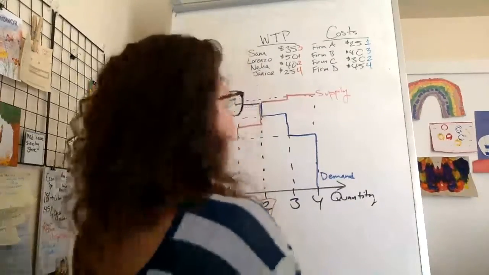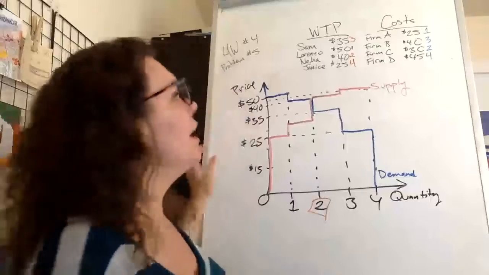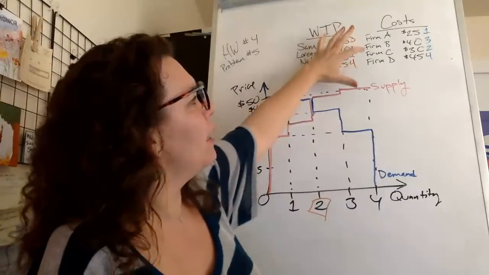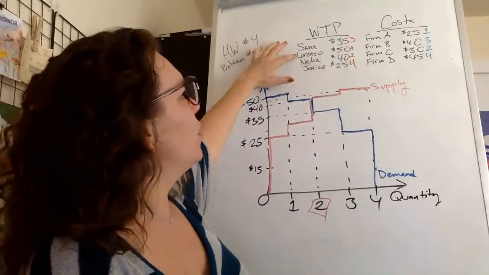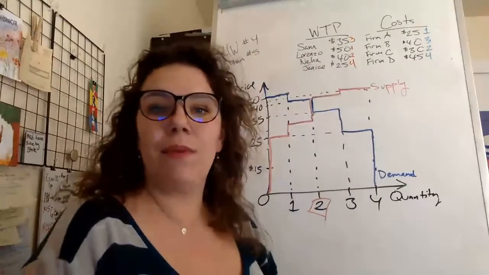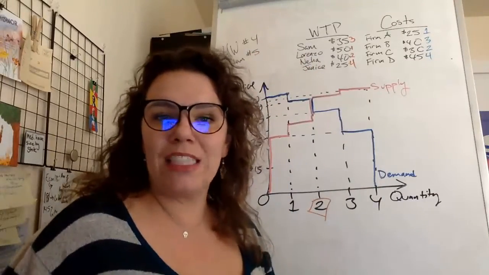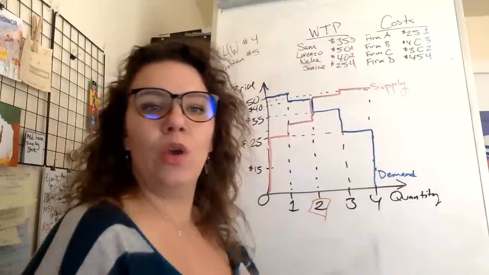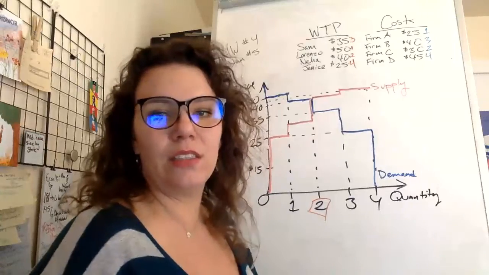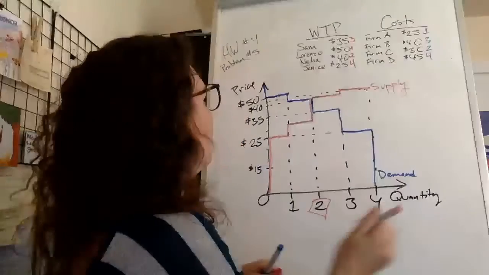The next question asks which firms should cut hair, and we should see firm A and firm C cut hair. Who should get haircuts? Lorenzo and Neha. They have the highest willingnesses to pay. Calculating the maximum total surplus is easy. We just look at the difference between willingness to pay and cost, and we say that, okay,